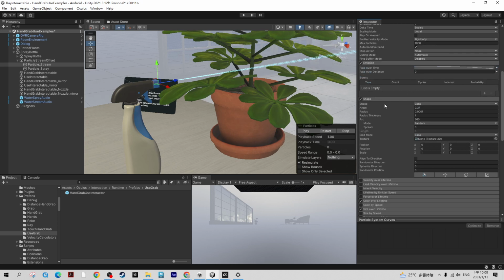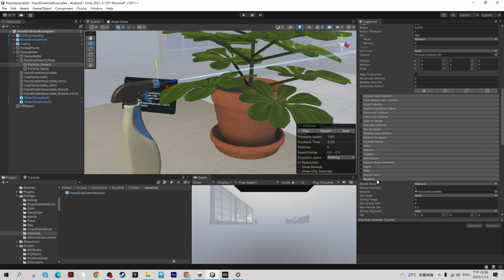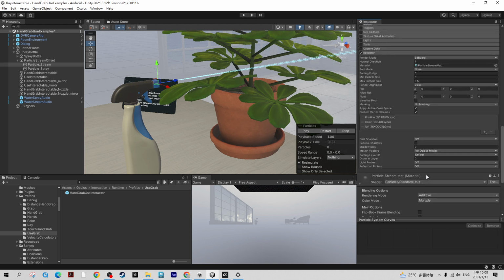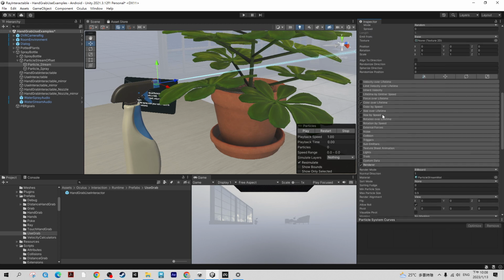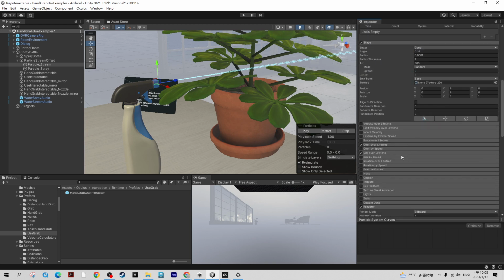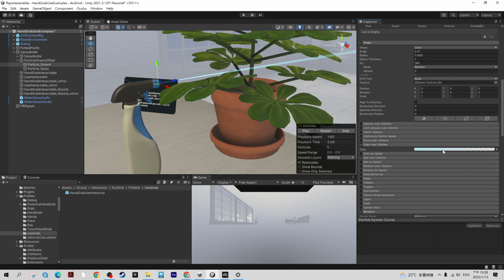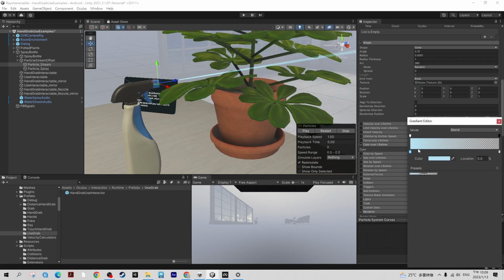Okay, and the renderer here renders particles. Here we also set up color over lifetime. Okay, this is a lifetime like in Maya. We set up the colors. Then when it sprays, it's blue. Then the particle